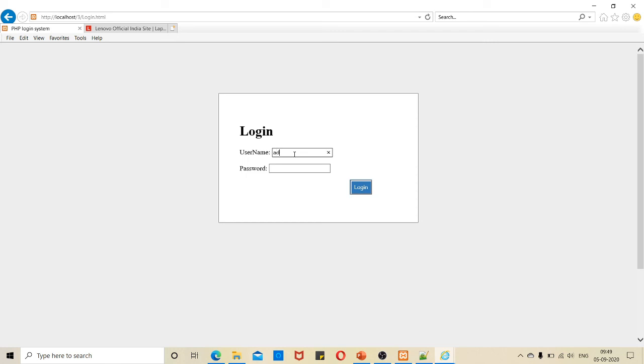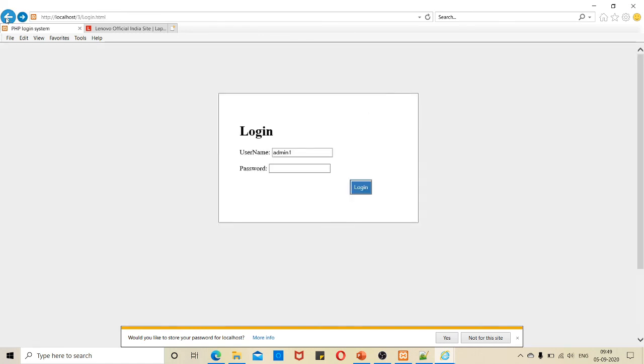Now you type admin1 and your password 123 and give login. See, it logged in successfully. So let me go back and refresh. Now let me give some other login, admin4, which is not in our database. I'm giving a password of 123 and I login. It says that login failed because of an invalid username and password, because we haven't given the username and password for admin4 and all; only admin1 and admin2 we have added.